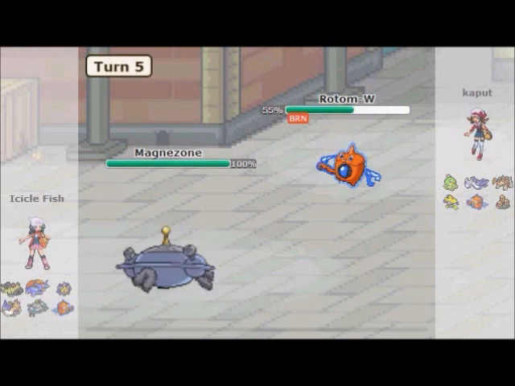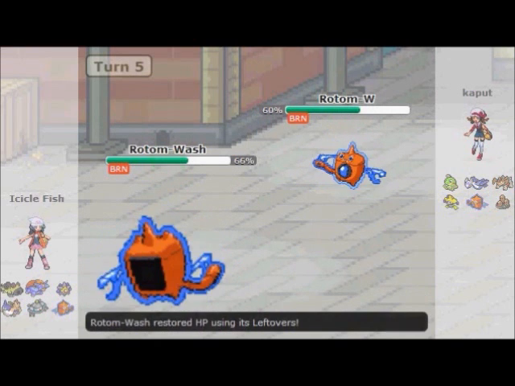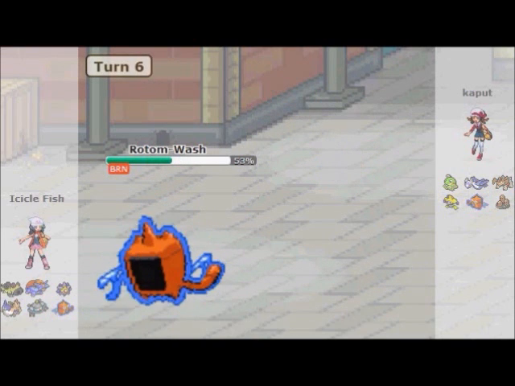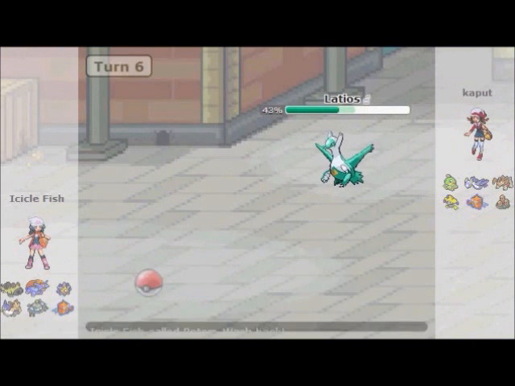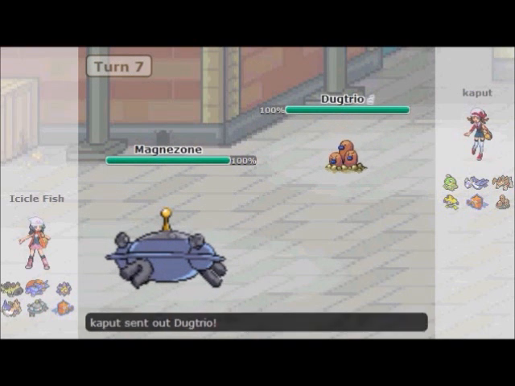Anyway, switching to Magnezone right here. Luckily I lose the speed tie, and I predicted the switch to Dog Trio, so I switched back into my Rotom-Wash, but he doesn't do that. I figured the only thing that Magnezone would have to touch Rotom-Wash was Thunderbolt or Volt Switch, so I thought he would switch to Dog Trio because it gives him an opportunity to set up wherever he wants, because I'm trapped in there. So I do predict the switch here, go for the Volt Switch on his Latios, and it does mean I get momentum. So I go into my Magnezone trying to bait